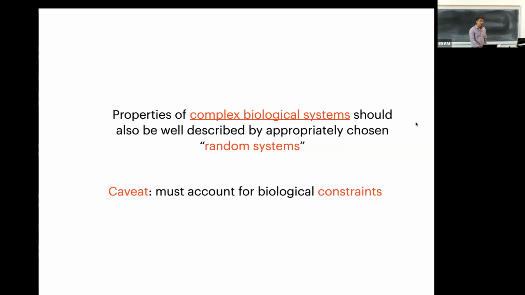Oh, yeah. So that's the question, right? The question is how many constraints you have to put in. So the way I view it, roughly speaking, is that there's some phenomenon that you want to explain in some data. And the question is how constrained you have to make the ensemble in order to reproduce the phenomenon. And what you'll find in these kind of very bulk measurements that you see is it turns out to be not that